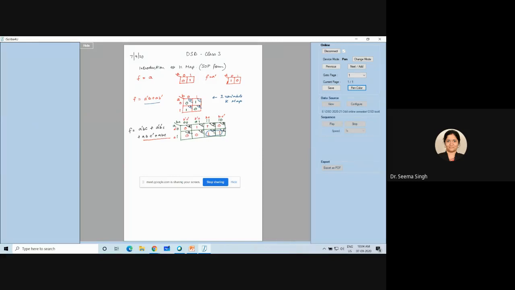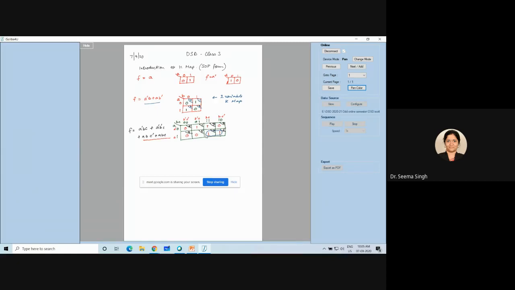See in this, for these two, this A is common. See carefully in the K-map. For both of these ones, A is not changing. Now you see column-wise, for both, B is not changing. What is changing? C is changing, so C and C bar. Whatever changes in a pair is dropped. Whatever remains constant is kept. So A and B remained constant for both terms in this pair.